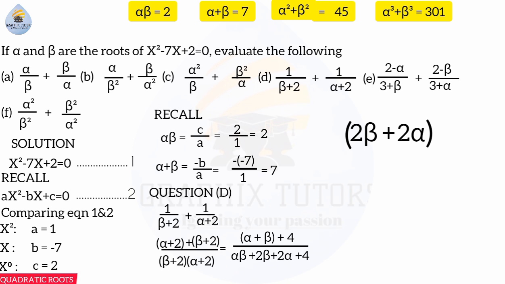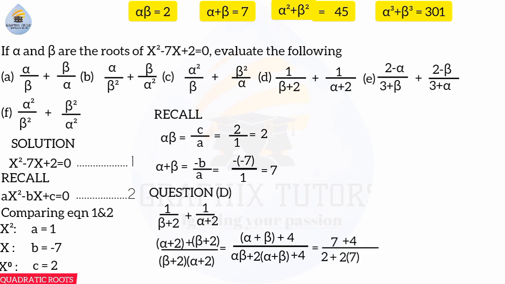What is common to both sides? 2. So when you bring 2 out, what will remain? It means that 2 disappears inside, right? So we're left with just beta plus alpha, which is saying alpha plus beta. So that's what I'll put here. So 2 into bracket alpha plus beta, then plus 4. So I've taken it to the form of alpha plus beta and alpha beta. So put in your value now. So we have alpha plus beta is 7 plus 4 all over alpha beta is 2 plus 2 in bracket